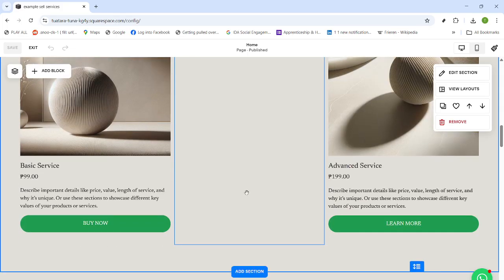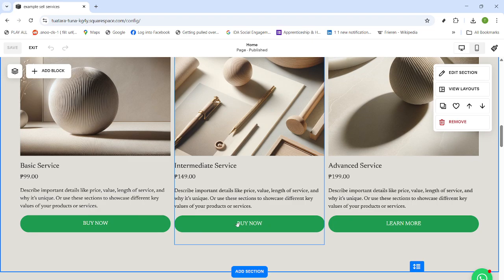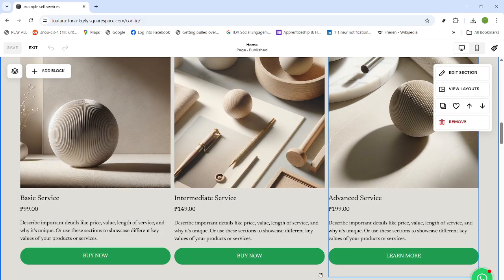Give the page a quick refresh in the editor to confirm the summary block now shows your updated link text. If your summary block pulls multiple items, repeat the same update for any others that need a different label, and preview on mobile to make sure the text doesn't wrap awkwardly. That's it. You've successfully changed the Read More link on your Squarespace